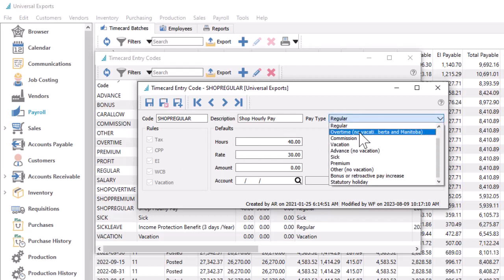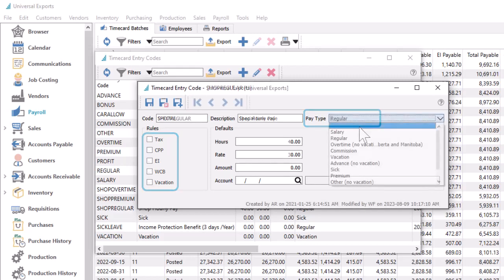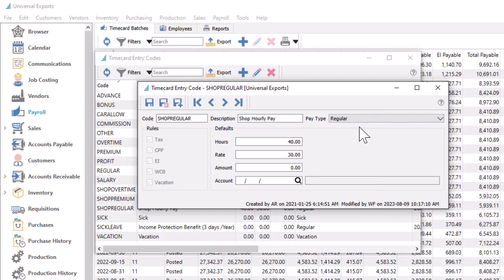You can leave the pay type selection blank in order to allow specifying specific tax withholdings manually, if there is a timecard type that is not already covered with the existing selections. For each timecard code, defaults are available for hours worked, hourly rate, and salary amount within a specific pay period. Depending on the pay type, some default values won't be used, and these values can be changed when this timecard